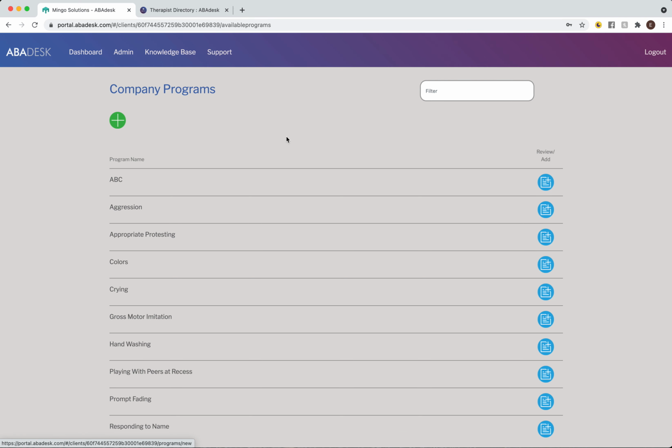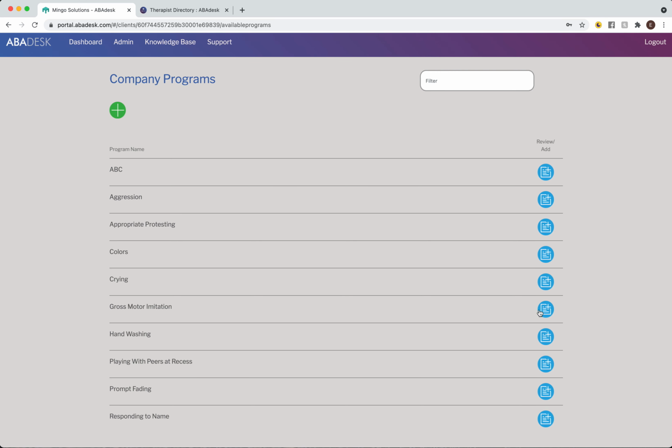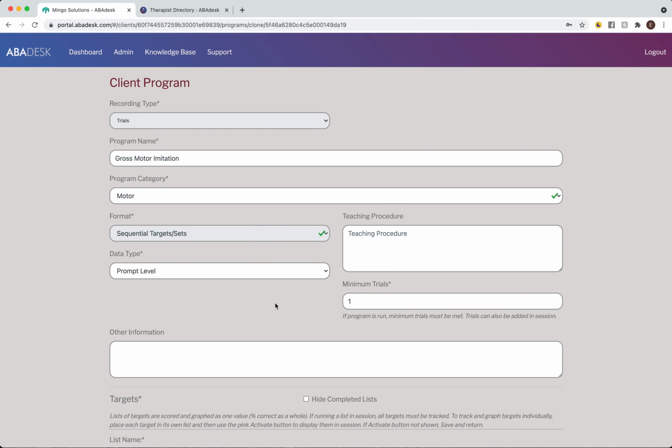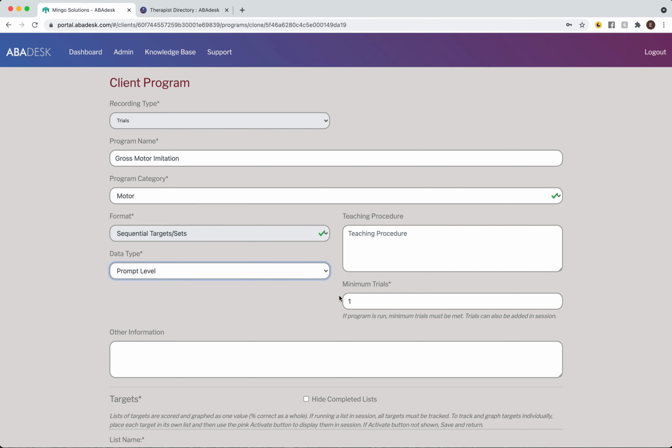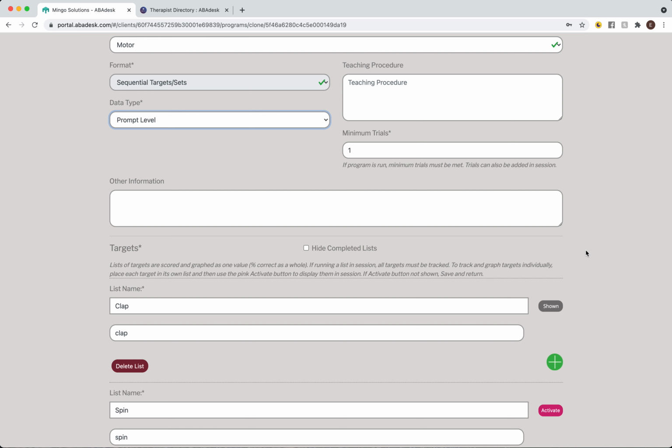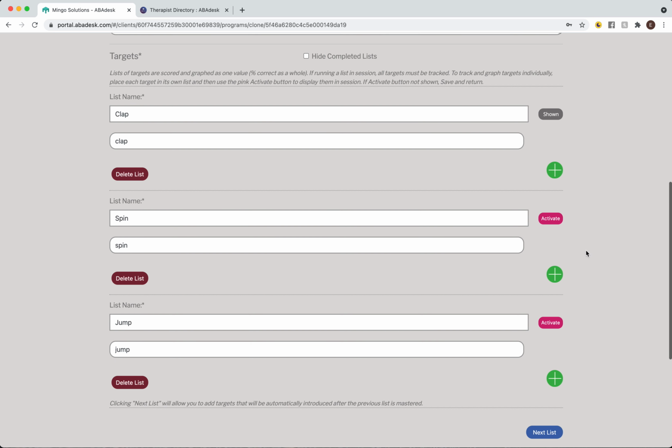All right, next we're going to go over if we want to have targets scored separately, graphed separately, just so you're not stuck running the whole list anytime you run it. So let's add this gross motor imitation program. You can see here I did choose prompt level data instead of plus minus, but otherwise very similar. And you can see each target is just in its own list. And the name of the list is just the name of the target,